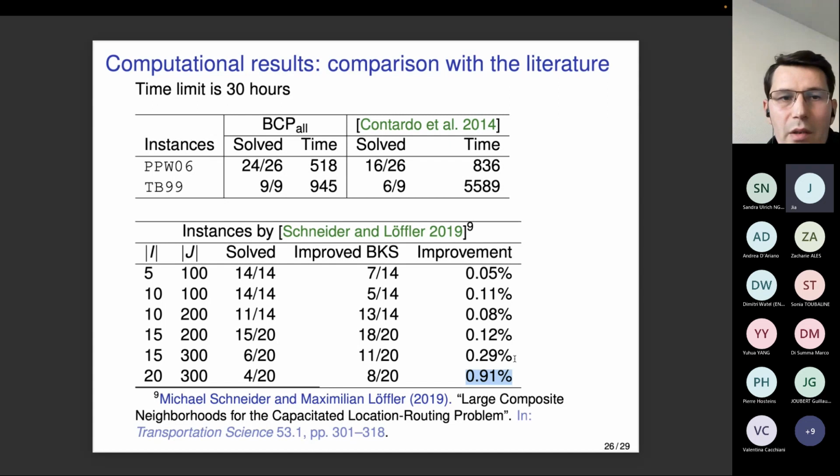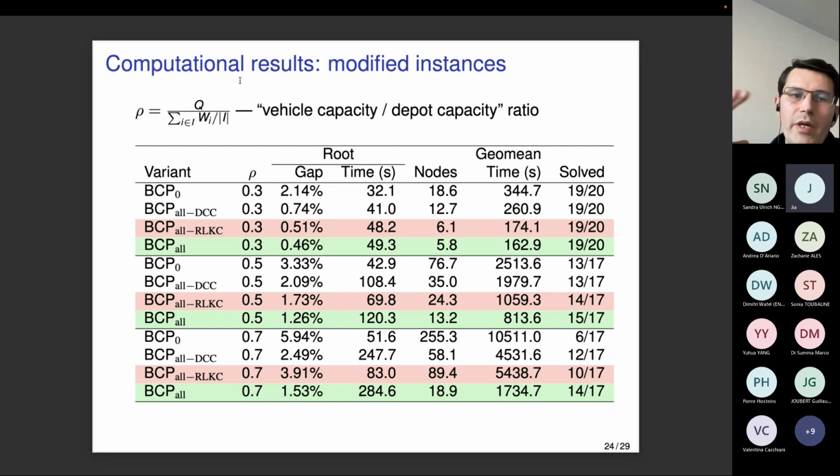And quickly about maybe one or two more related problems. So as I said here, we artificially modified the instances. So you can say, okay, you artificially modified the instances so that your cuts will have more effect, but whether these instances are really practical or not. Because you can say that probably when vehicle capacity is close to the depot capacity, it is not very realistic. But the thing is that this can be met in practice